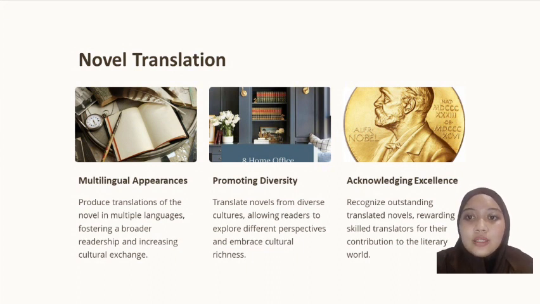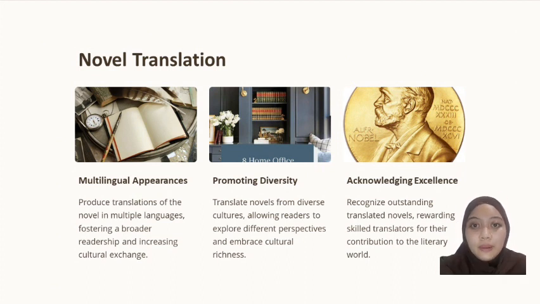popularity and influence. Translated novels can also foster a broader readership for the original language and culture, as well as for the translator's language and culture. Translated novels can also facilitate cross-cultural communication and understanding, as readers can access different literary traditions and perspectives through the novel. And next, by translating novels from diverse cultures, readers can explore different world views and experiences and appreciate